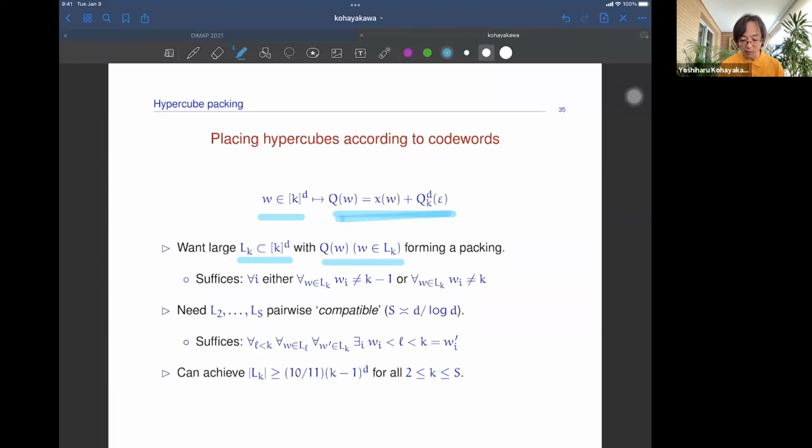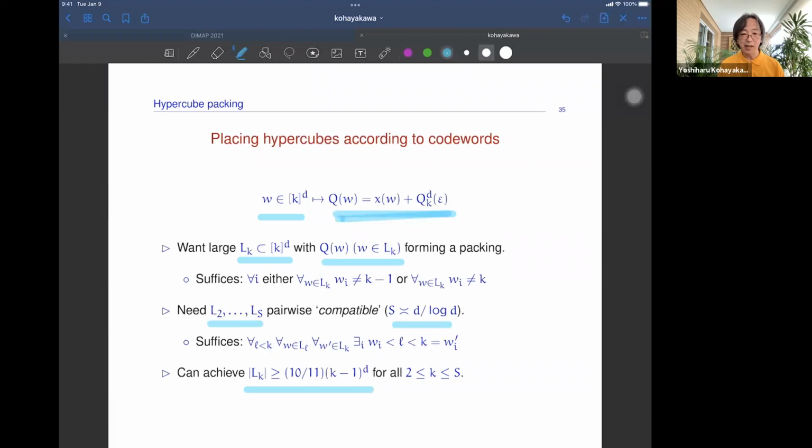That's one thing I want. For each K, I would like to specify such an LK. Also, I will want the LKs to be pairwise compatible. And I want this for all Ks up to S, which is of order D over log D. And the fact is that you can achieve LK at least 10 over 11 K minus 1 to the D